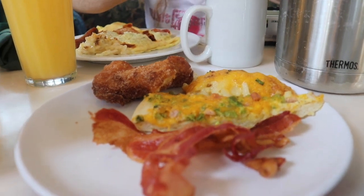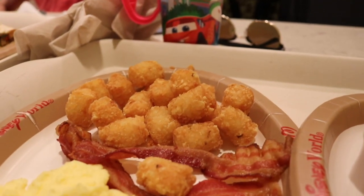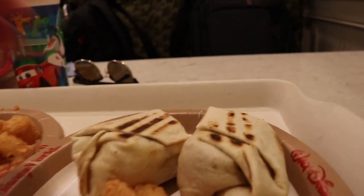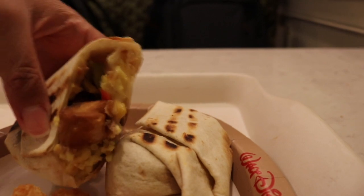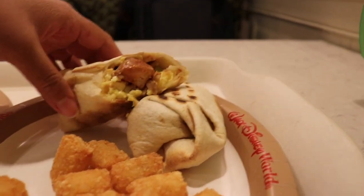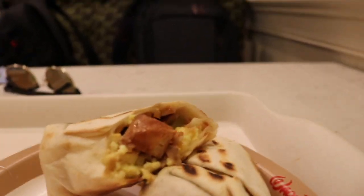Each of your quick service meals is going to include 1 entree and 1 non-alcoholic beverage, or an alcoholic beverage for guests 21 years and older. The single serving non-alcoholic beverage included with your meal includes milkshakes, fresh smoothies, hot chocolate, soda, coffee, or tea. And then the snack items that are included would be frozen ice cream novelties, such as the